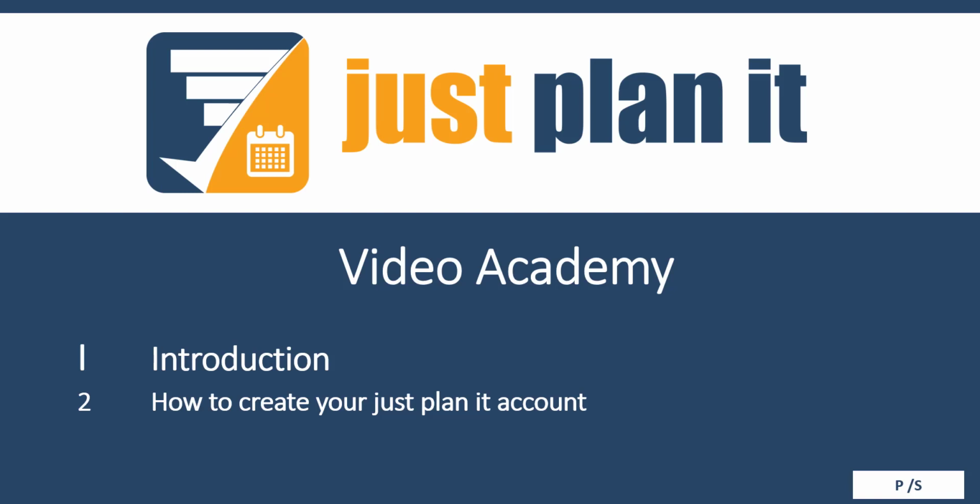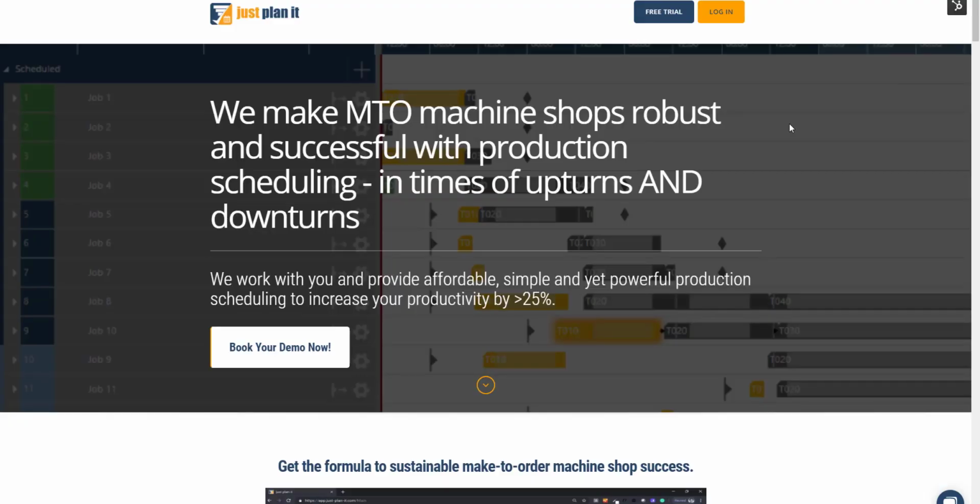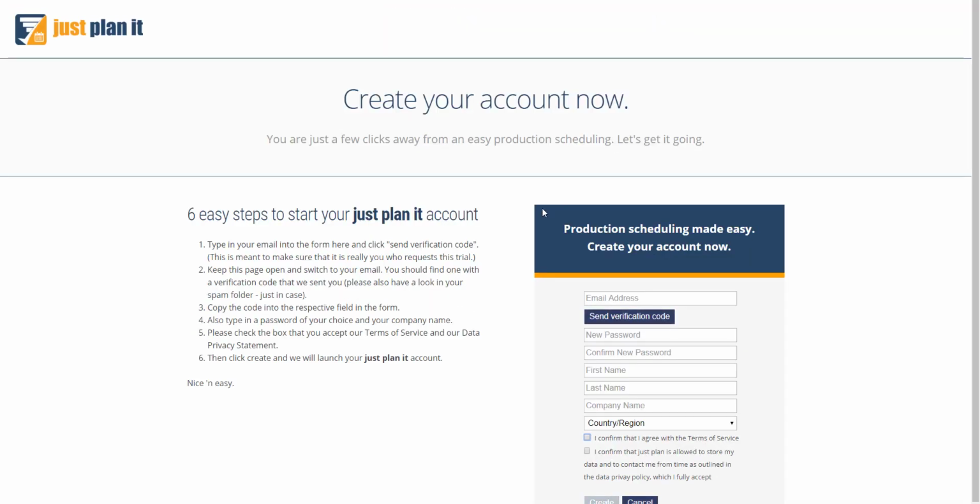Hello, in this video I'm going to explain how to create your Just Planet account, and therefore I am going to my browser, and here I opened the web page justplanet.com, and here on the starting page at the top you can see the free trial button, and this free trial button you just left mouse click